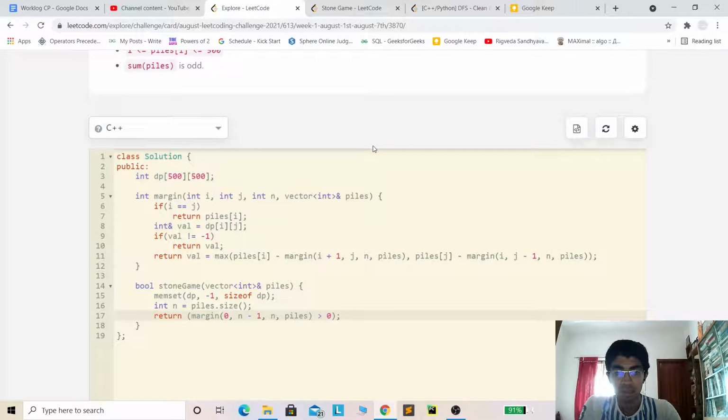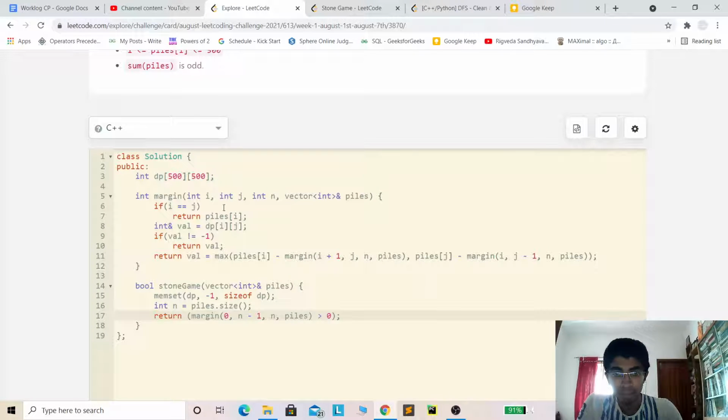We obviously need DP of 0, n minus 1. If DP of 0, n minus 1 is greater than 0, the difference is positive between Alex and Lee, hence Alex wins and we return true. If it's less than 0, then Lee wins and we return false. It cannot be equal to 0.